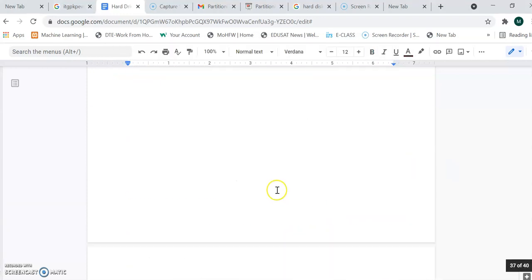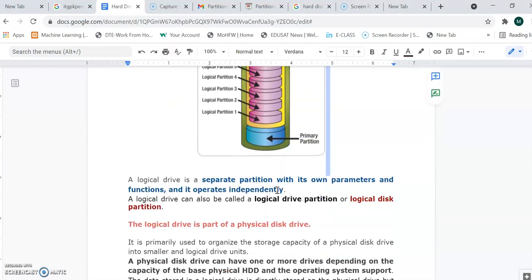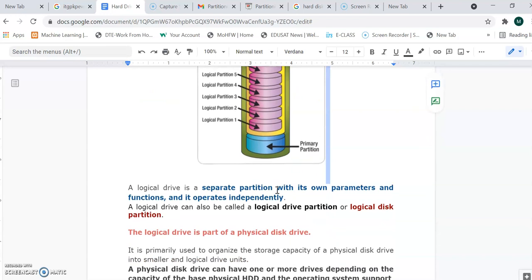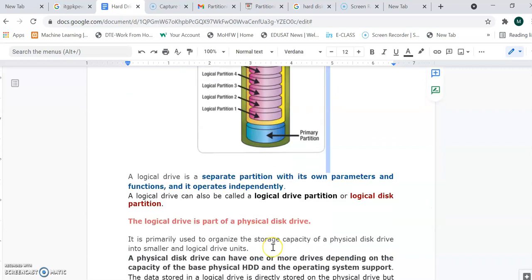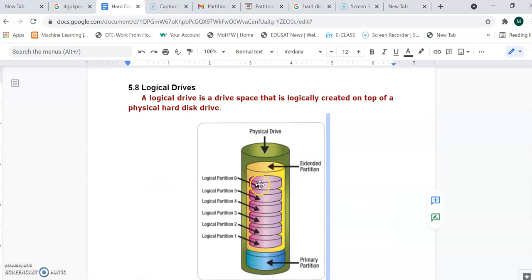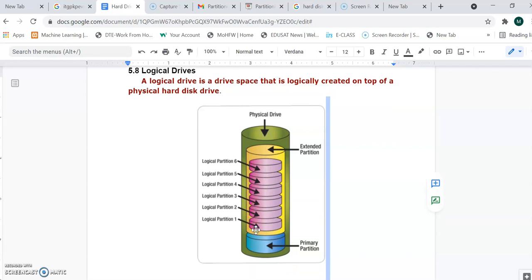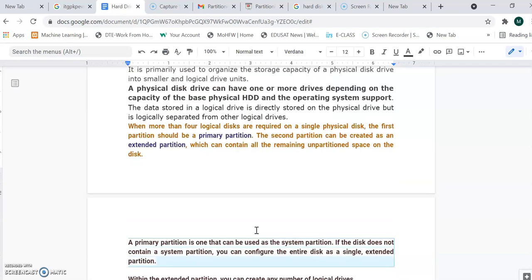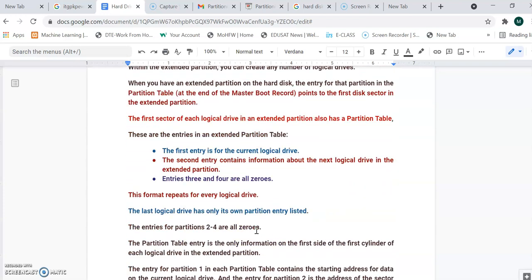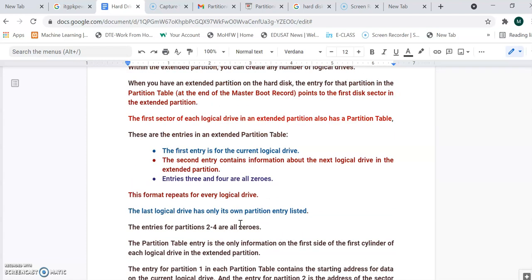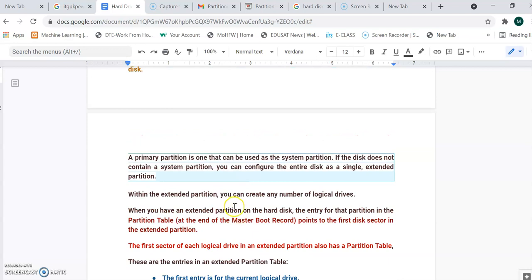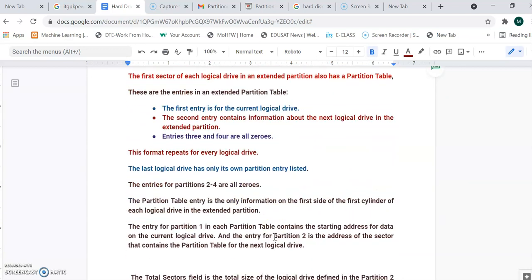So this is about the logical partitions that we have seen. I think you understood logical partitions. A logical partition is created with the help of the extended partition, and its address information is stored in the partition table. What is the location of the partition table? It is stored at track number 1, sector number 1 and cylinder number 1 of your hard disk, and it contains the MBR record, and after that the logical drive records.